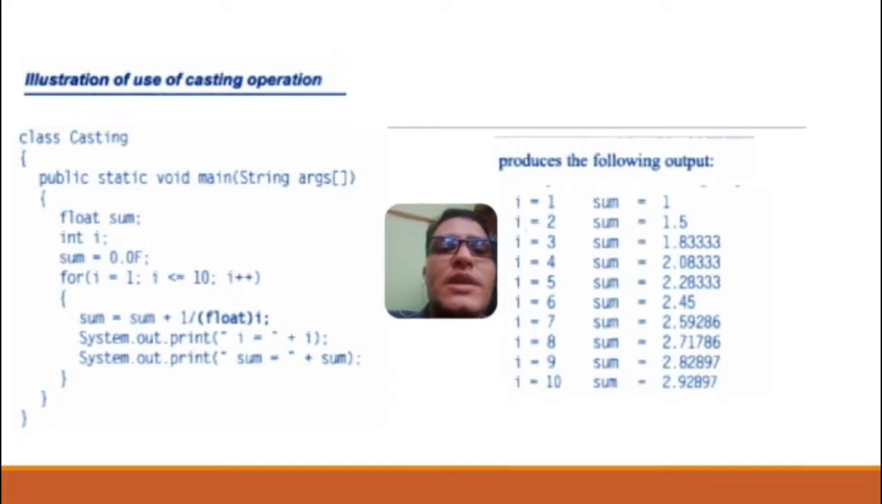Sum already exists as 1, plus 0.5, it is 1.5. That will be stored in sum, and you are displaying the output of I value as I. The new value of I is 2, and in System.out.println you are displaying the sum as 1.5. Control comes to the I incrementation. I becomes 3, as we are seeing here in the output: I is 3, sum value is 1.83333. I is equal to 4, sum value is so on, and control will execute until the condition becomes